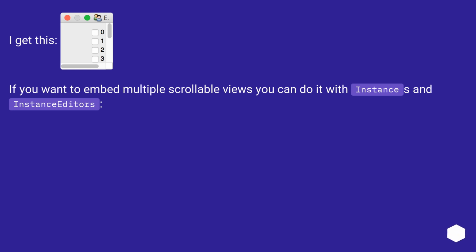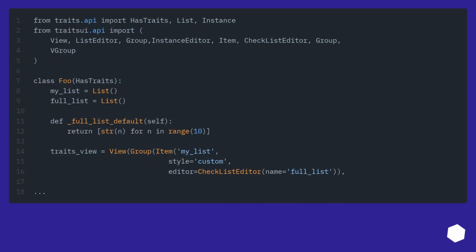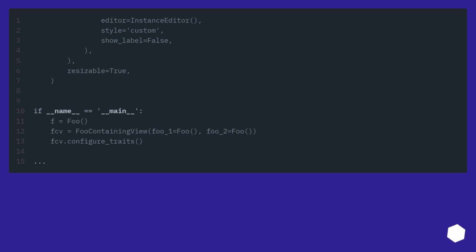If you want to embed multiple scrollable views, you can do it with instances and instance editors. With this result,